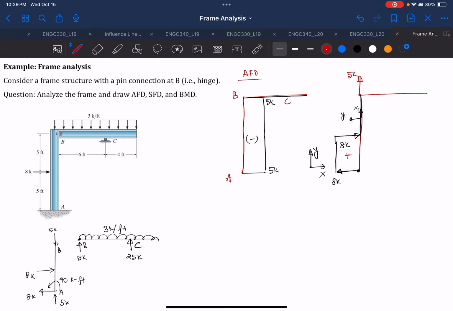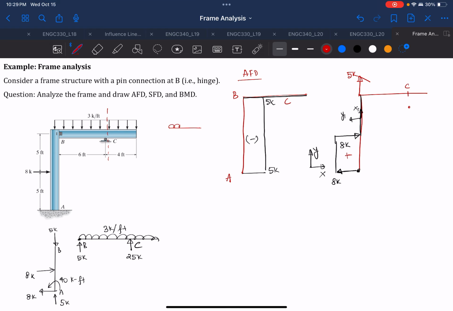So which means that it has to be a straight line. And so we know that at this point C, it has to slope downward. But we don't know what the value is around here at C. So what we have to do is just cut the section at around